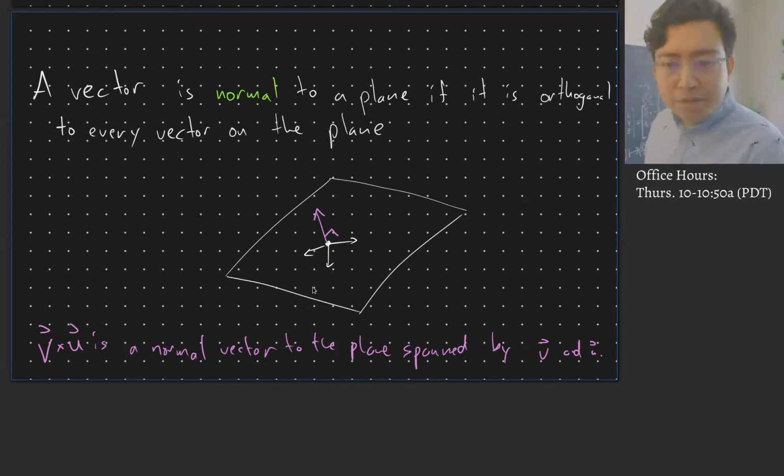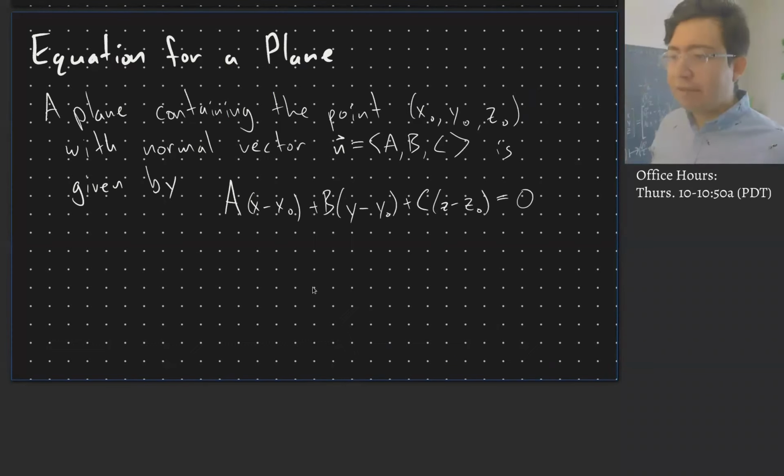And the way we use this is when we start talking about equations for planes. Last time, I think on Tuesday, we talked about parametric equations for planes, which had to do with S and T. There are some problems on it in the homework, but all of those planes go through the origin. And we want to talk about planes floating anywhere in three-dimensional space. To do that, we need the concept of a normal vector, and we're going to see that formula here. So if we have a plane containing a certain point and a normal vector,